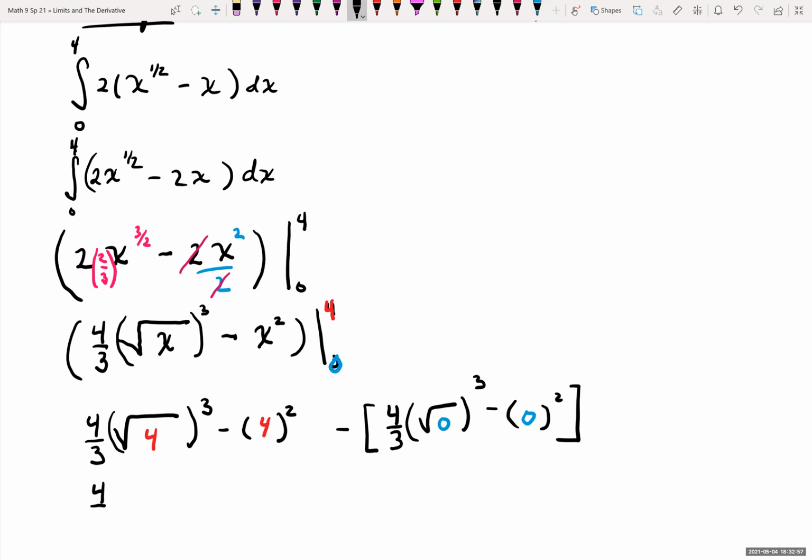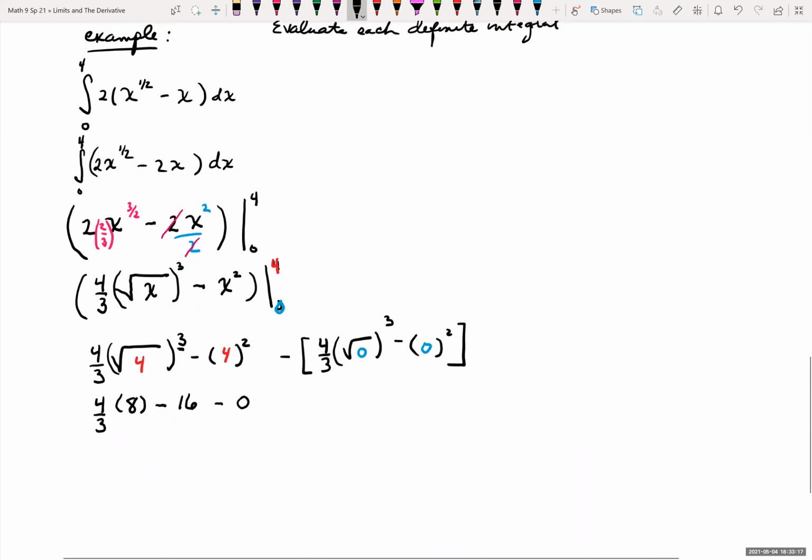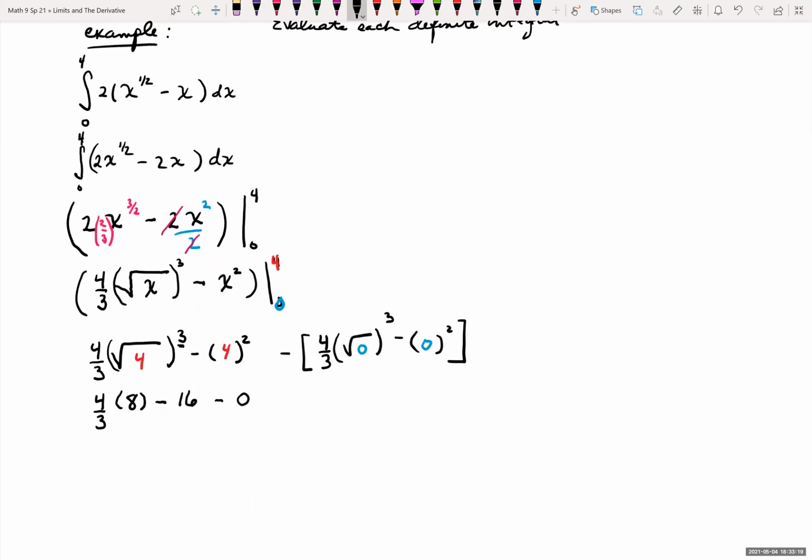But we have 4/3. Square root of 4 is 2, and 2 that we're going to cube. 2 cubed is 8. Minus 4 squared. 4 squared is 16. And then, like we said, this all turns out to be 0. So 4/3 times 8, that gives me